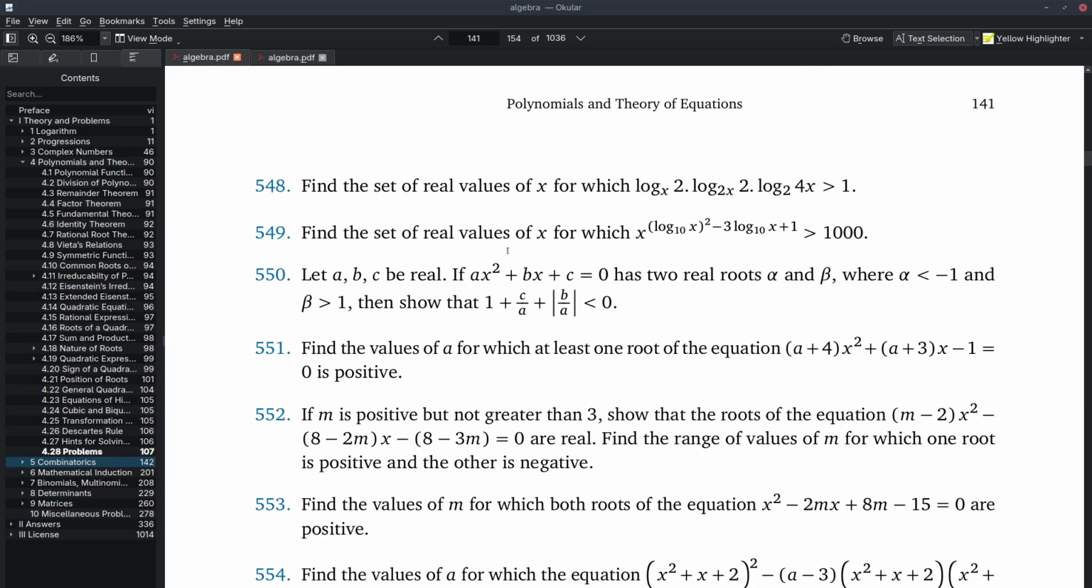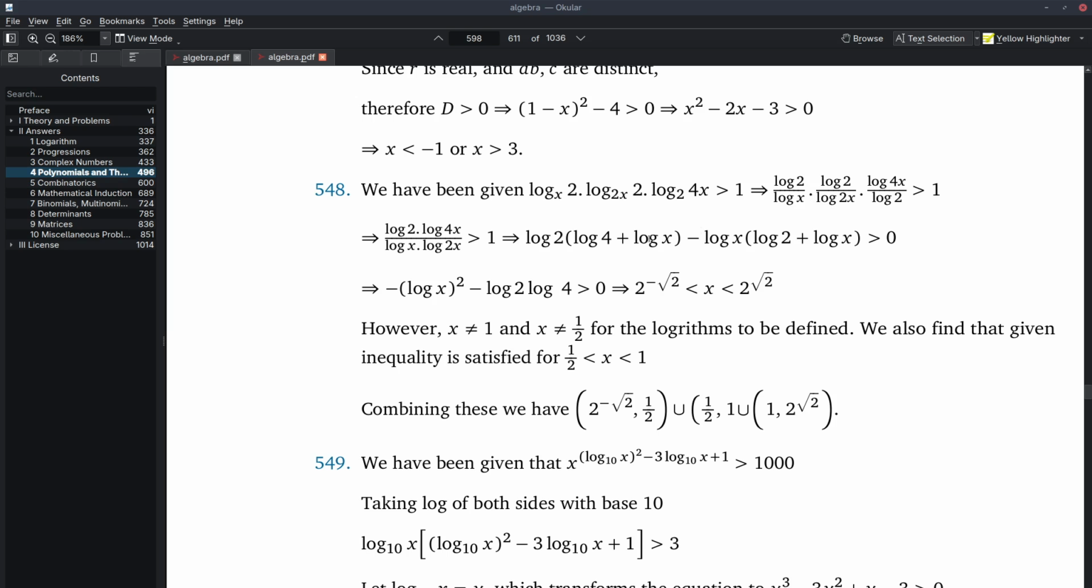Question 548 says that we have to find the set of real values of x for which log of 4x with base 2, into log of 2 with base 2x, into log of x with base 2, is greater than 1. So we change the logs into fractional form. We arrive at log 2 by log x into log 2 by log 2x into log 4x by log 2 greater than 0. So that means log 2 into log 4x by log x into log 2x greater than 1,